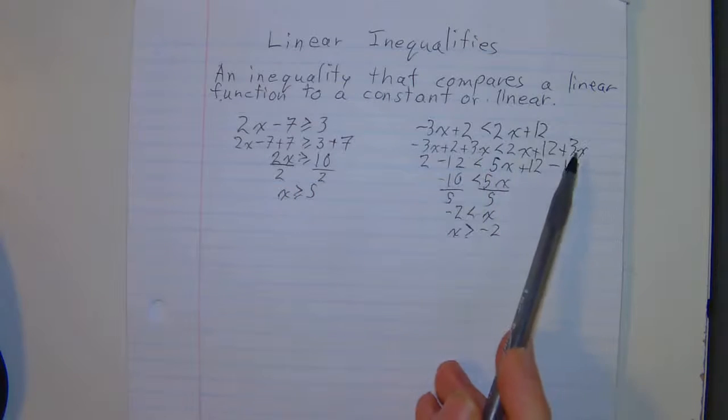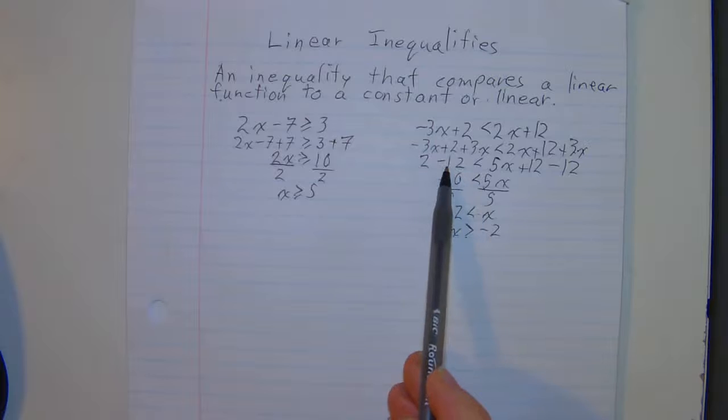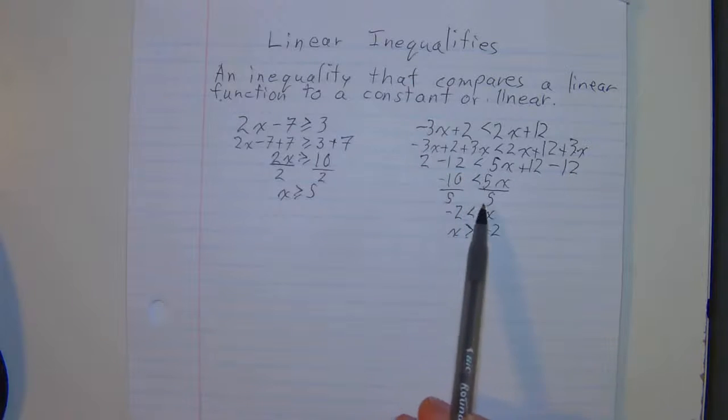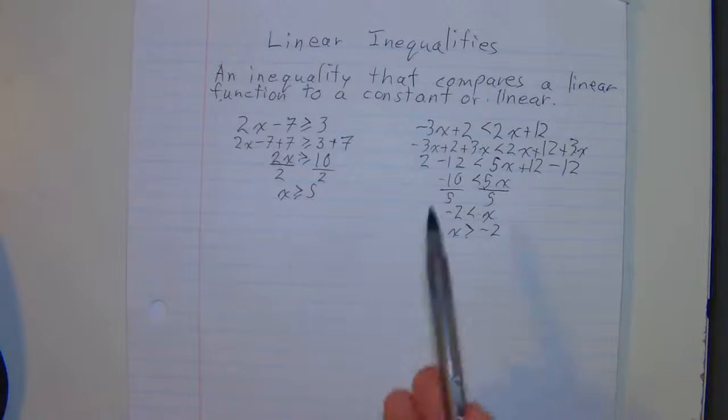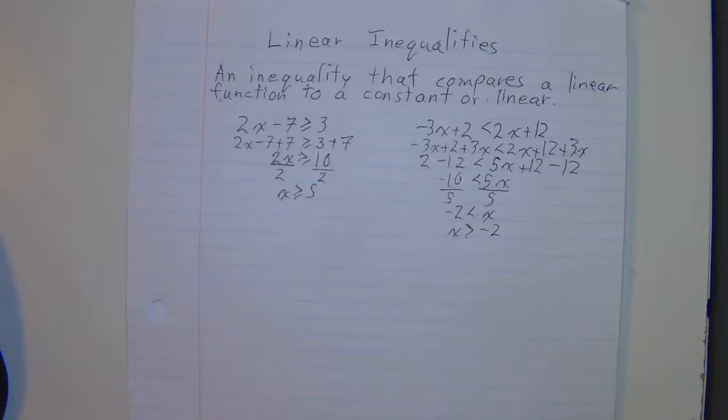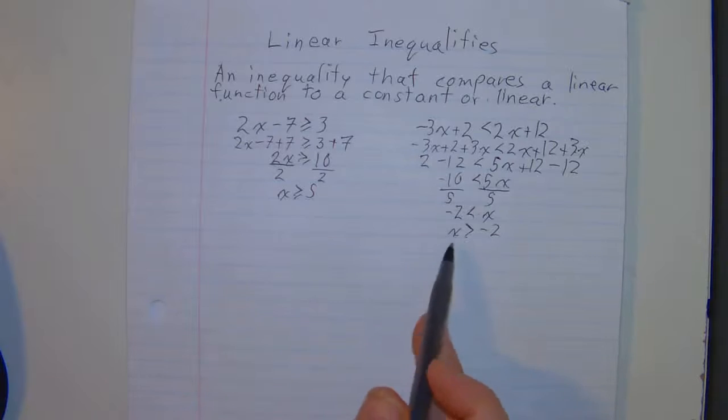Here we added 3x to both sides. Here we subtracted 12 on both sides. Here we divided by 5 on both sides. So we've done various operations on both sides of an equation. And we just want to check, of an inequality. And we want to check whether doing the same operation to both sides of an inequality maintains the inequality or